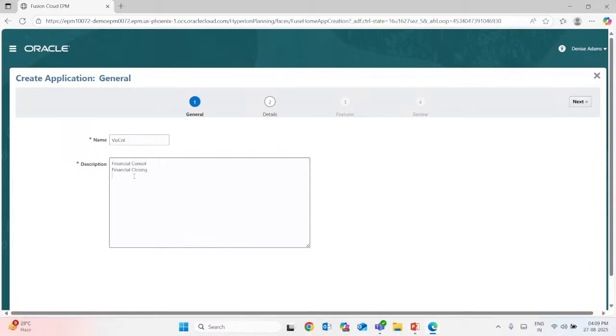Third would be disclosure about the application, and disclosures, and lastly I'm gonna write EPM